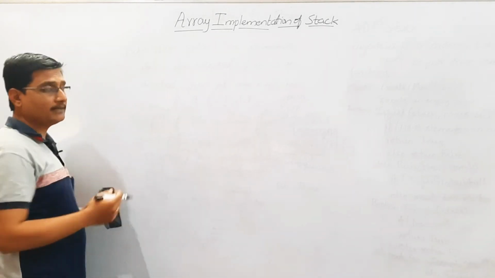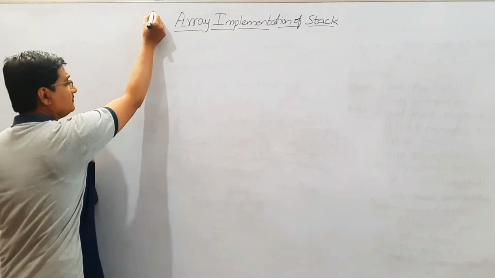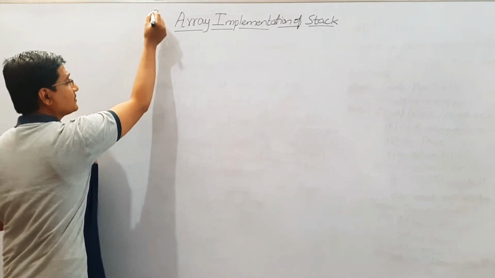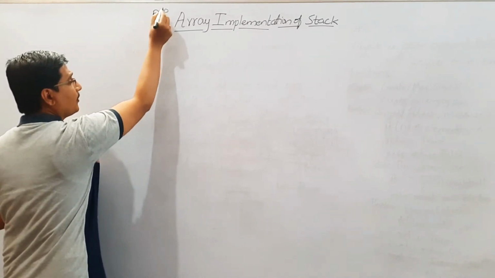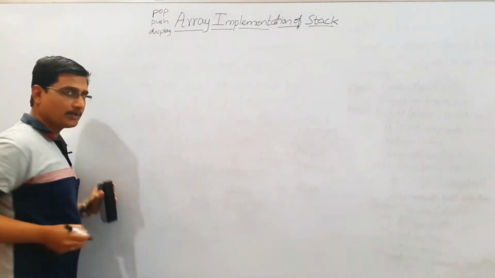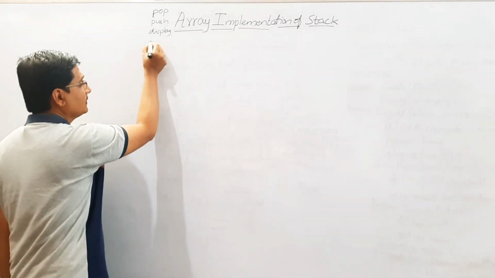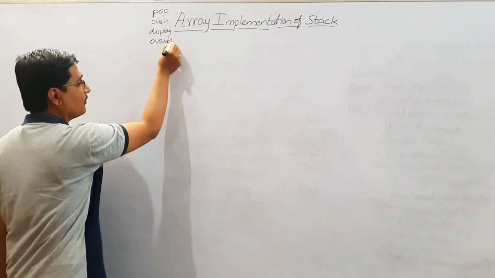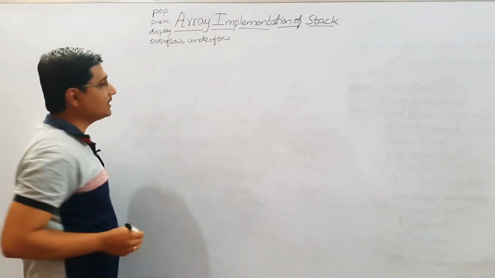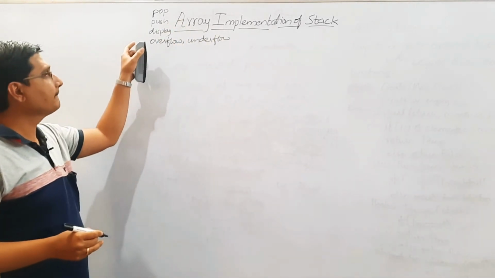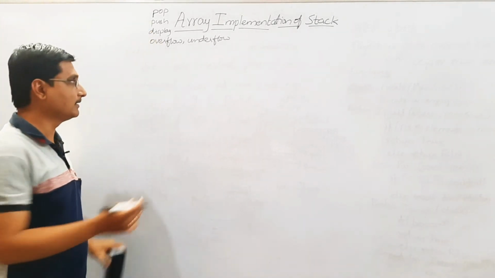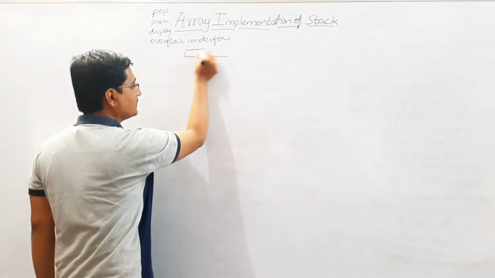So based on the previous video, the important functions we need to implement for a stack are pop, push and display. When we are doing these operations, we need to keep in mind whether the stack is overflowing, or whether it is in underflow condition. If we check for these things, then implementing stack as an array for push and pop as well as display operation is very simple.